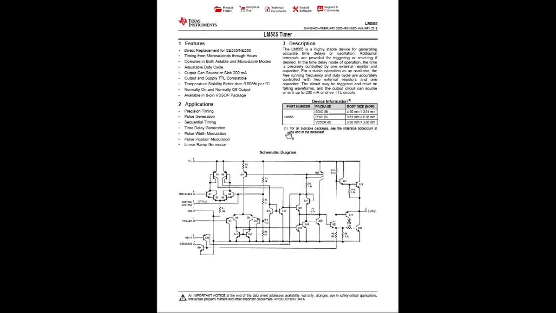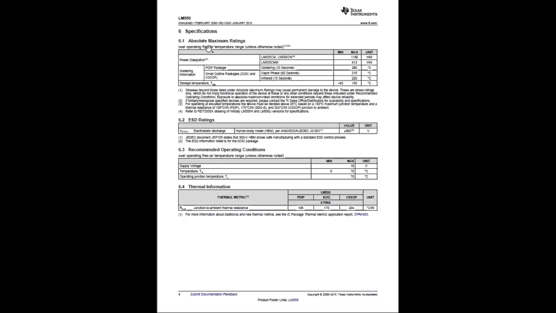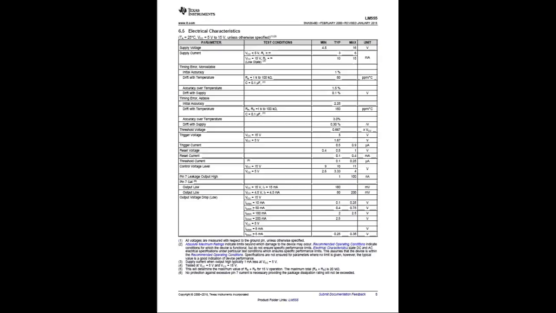The datasheet will have other information such as the functional block and its description, and the absolute maximum ratings. These are the numbers beyond which this component will not work or may get damaged.